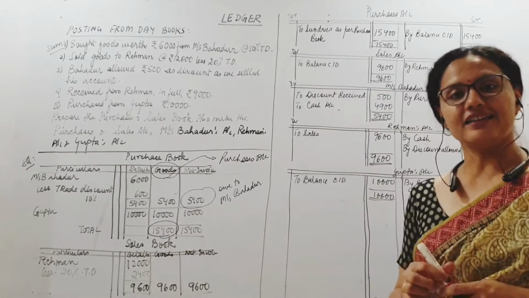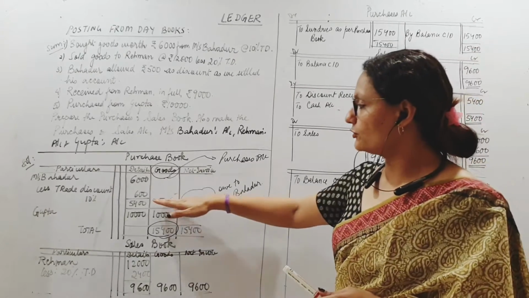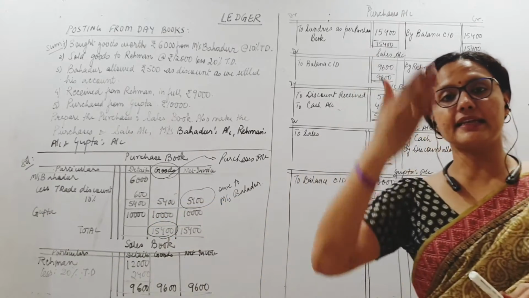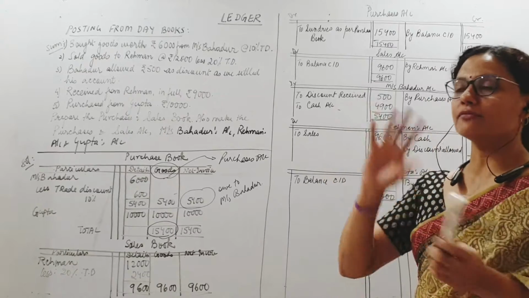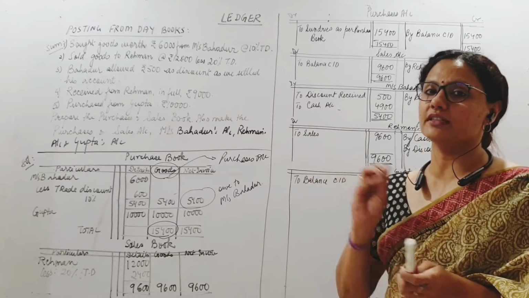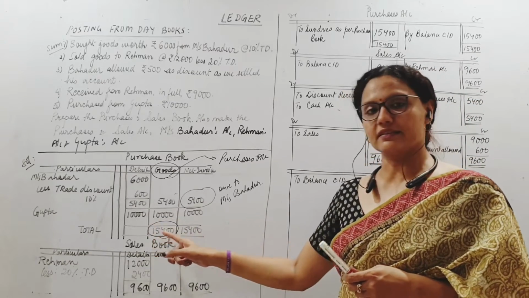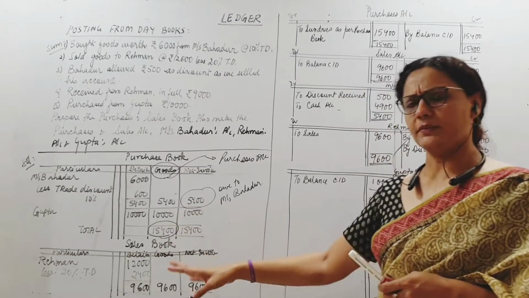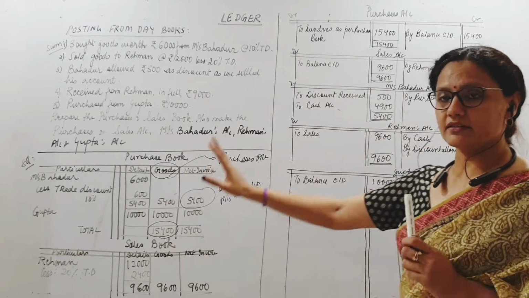15,400. Here the advantage of making a purchase book is we do not have to post the individual amounts. There may have been 10 credit purchase transactions. I do not have to show 10 different amounts every time. The best thing is I can straight away put this total of the month or period to the purchase account, and of course, the purchase account will be debited, it's an expense.